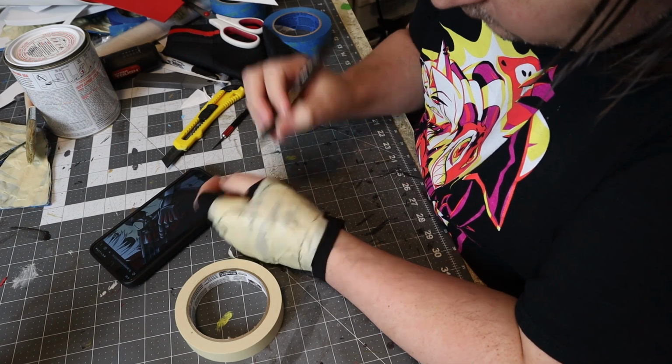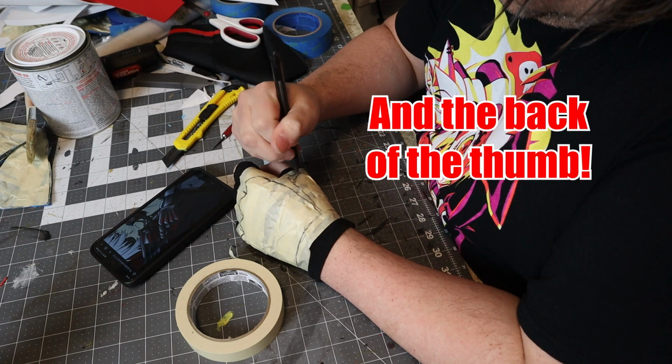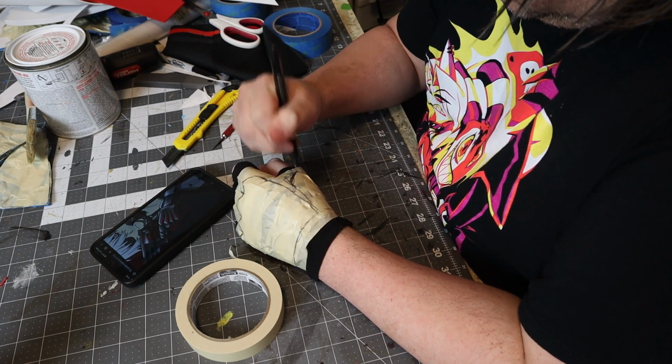It's just a plate on the back of the hand that has 4 triangle points for basically a point on each knuckle. It's super easy, and also I will link the gloves that I use for the cosplay down in